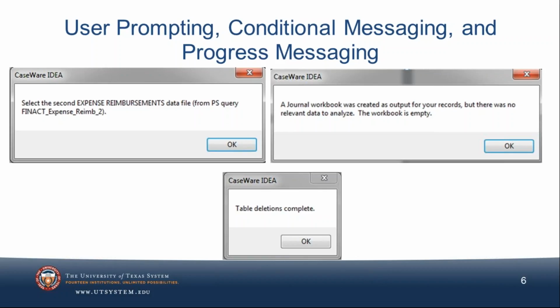For this particular tool, I did this at the very beginning so that when the user gets their data in, all previous tables that were in that project are deleted, so we're starting brand new, no questions, as opposed to doing this at the end of the tool, where all the tables would be erased and wouldn't be available for the user if they decided they wanted to go back and look at any of the intermediate tables. So that's an idea for your tool as well, deletions of tables so that you're starting new.